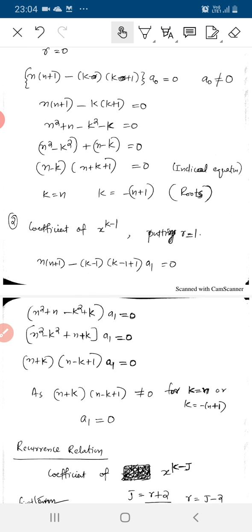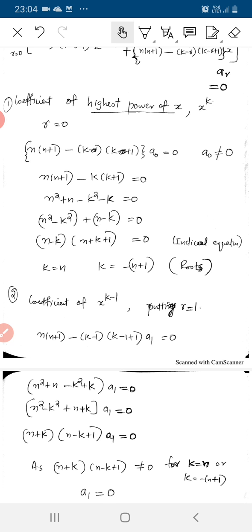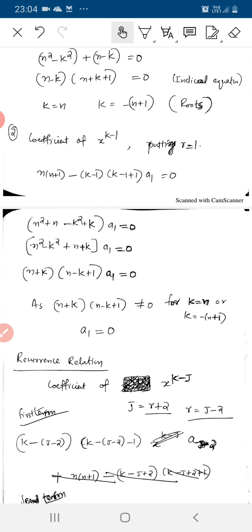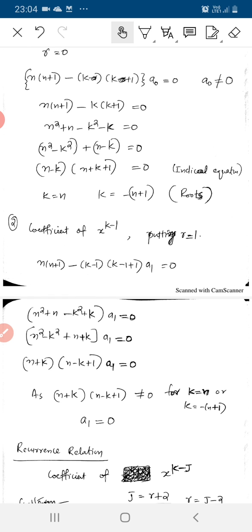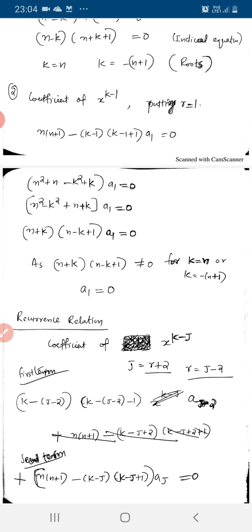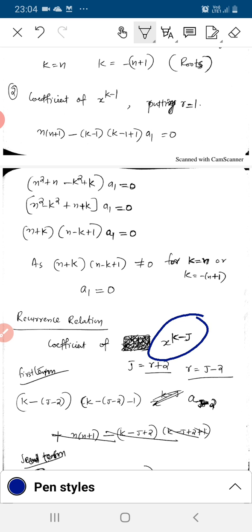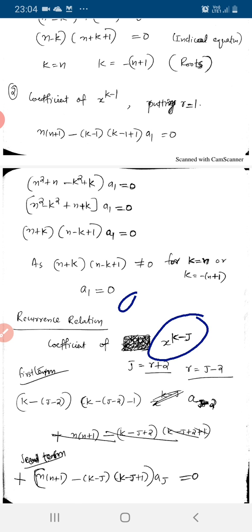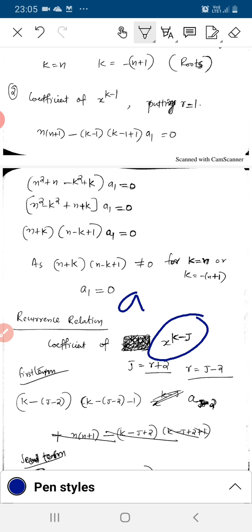And the coefficient of x to the power k minus j. We are taking the coefficient of x to the power k minus j. This is for determining various coefficients, various a values. So the coefficient of x to the power k minus j is taken. So this is obtained by